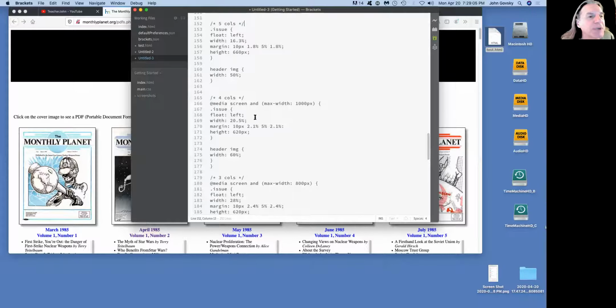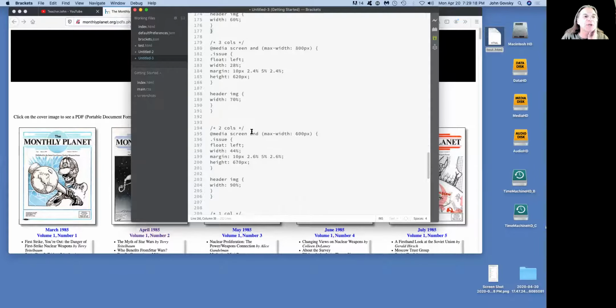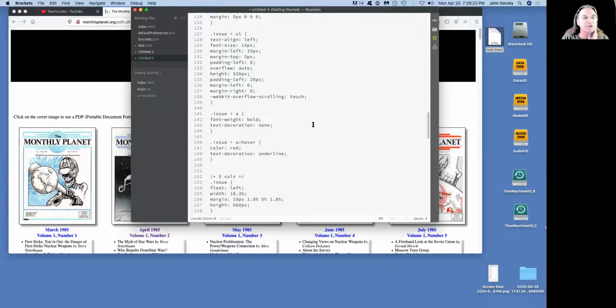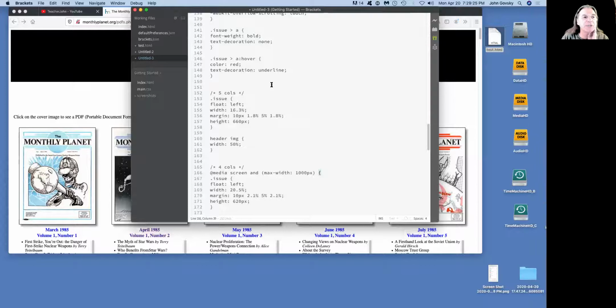Now, the important thing is right there, that @media, screen, and max width 1,000 pixels. So what I've done is I've divided this up into what I'm seeing as 5 columns, 4 columns, 3 columns, 2 columns, and actually 1 column. And how am I doing that? How am I setting the breakpoints on, making these columns? Well, here,